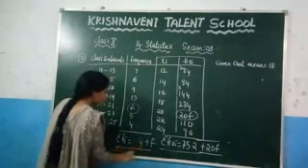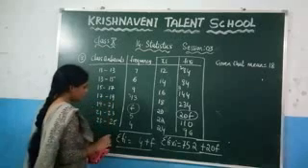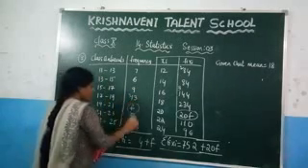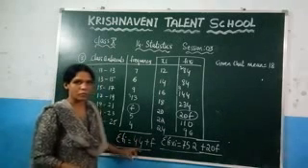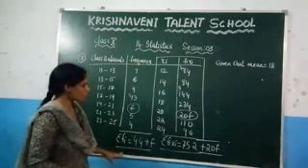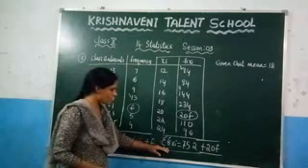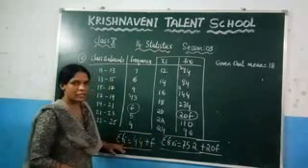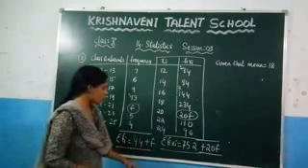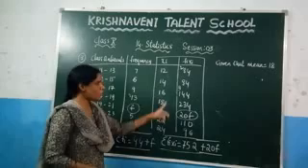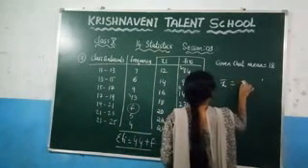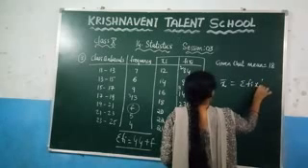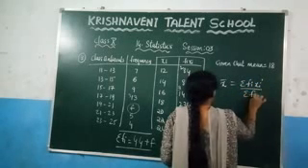So you will get 4 here and 3 here. Right? And what is the value of 3 plus 1, which is 4. So after adding all these values, you will get 44 plus f. Now you can substitute, you got the value of sigma fi xi and you got the value of sigma fi. Now based on these values, you can find the value of f by using the formula, which is the direct method, which gives you x bar is equal to sigma fi xi by sigma fi.